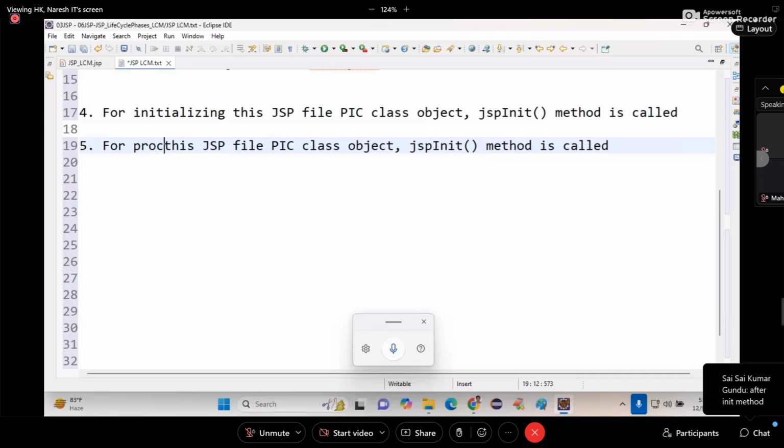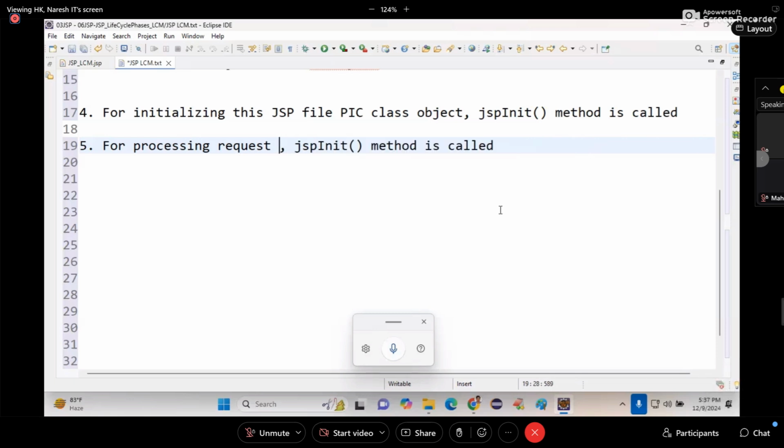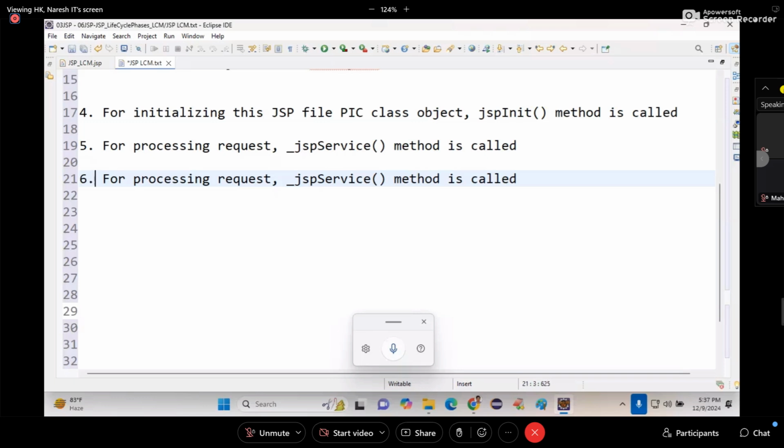For processing a request, the _jspService method is called. Next, just before destroying